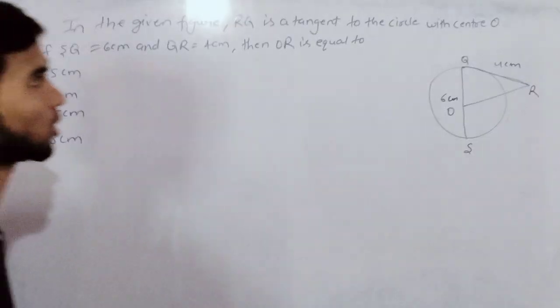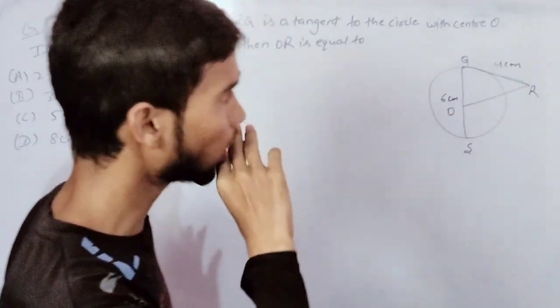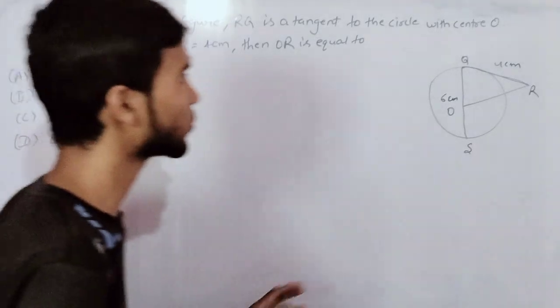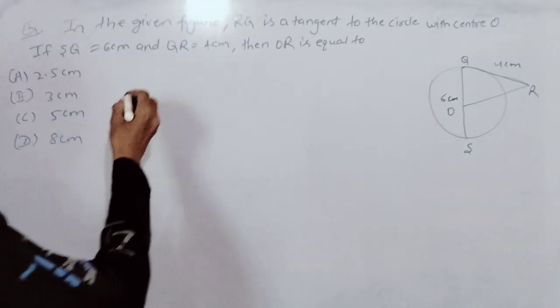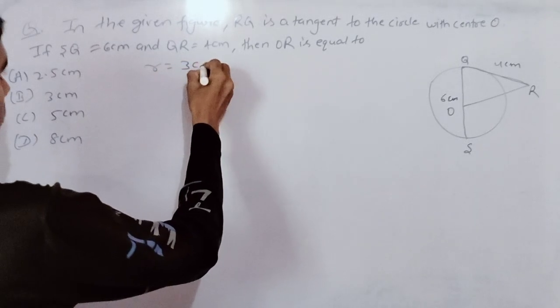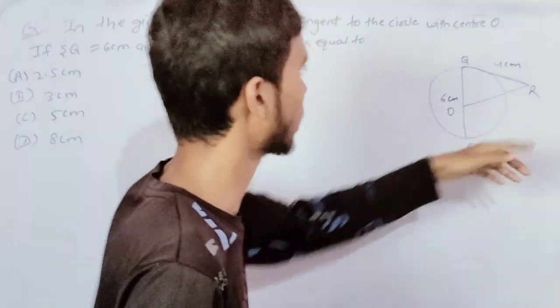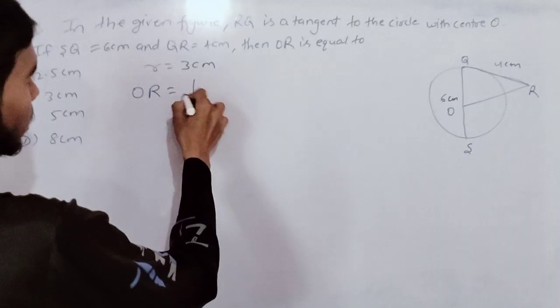Then OR. Now, 6 centimeters is not the measure of the radius. To find the radius, we will divide this 6 centimeters by 2. So the radius will be 3 centimeters. Now, as we know, this OR is the hypotenuse. So OR,